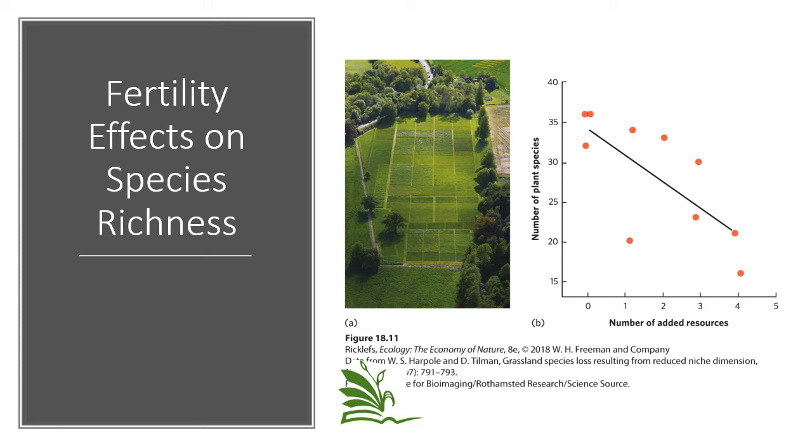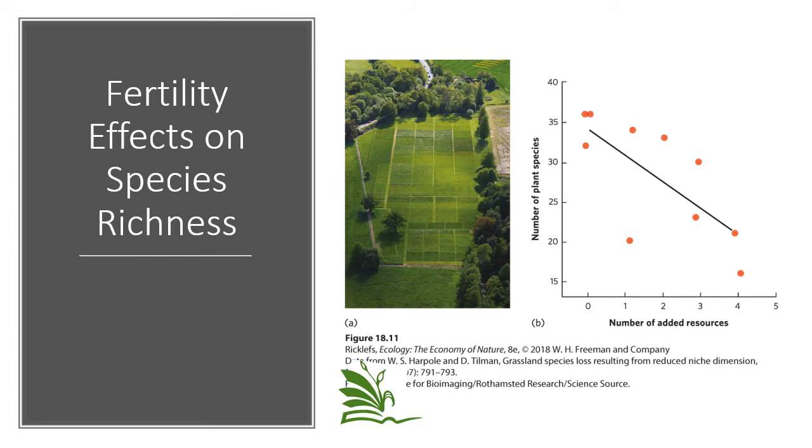So what I'm showing you is a picture of a grassland. It's a grassland that's actually an experimental grassland. And a researcher in the US named David Tilman has been performing research on this space for a very long time. And essentially what he's followed are grassland species, which are relatively high productivity,